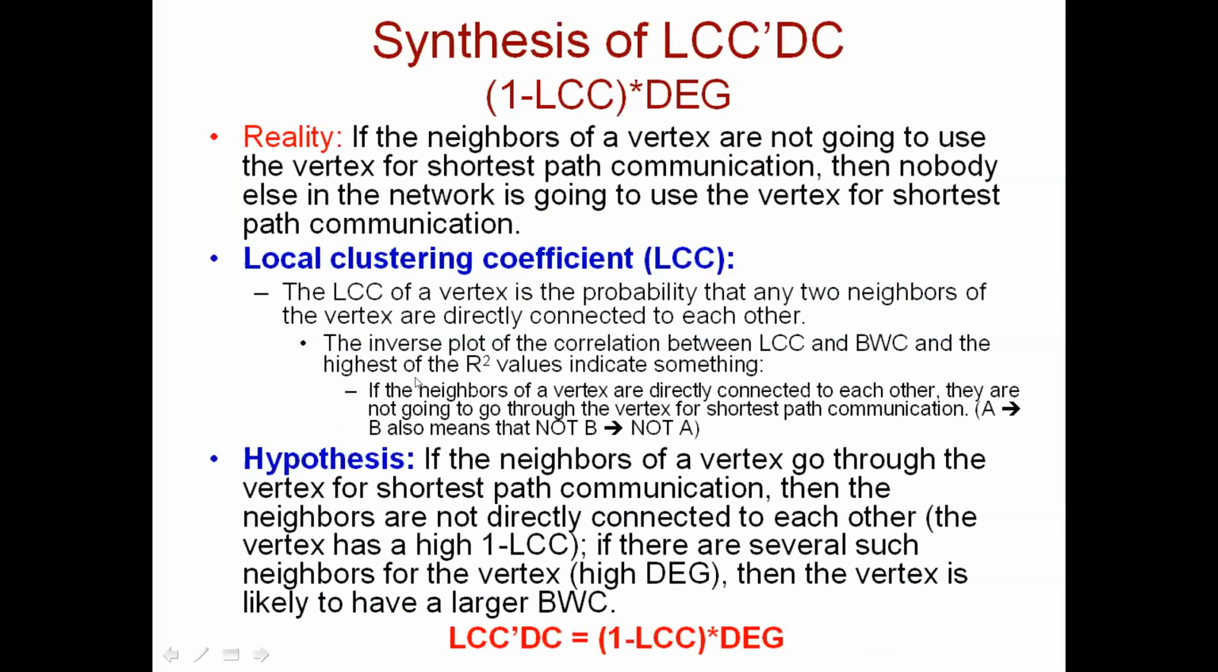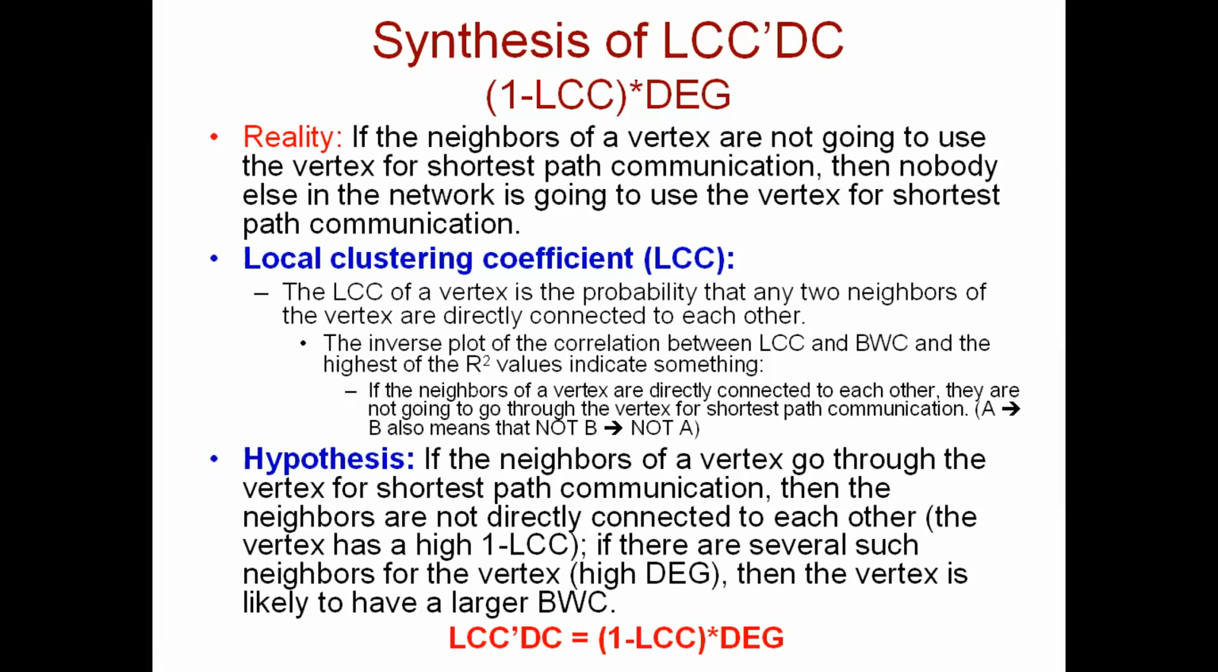If you think about it, even in day-to-day scenarios, if the neighbors of a vertex are not going to use the vertex for shortest path communication, then nobody else in the network is going to use the vertex for shortest path communication. So what it means is, if you think a vertex is needed for shortest path communication, first its neighbors should use that vertex for shortest path communication. If the neighbors of the vertex themselves are not going through the vertex for shortest path communication, nobody else is going to go through that vertex. So that's the kind of